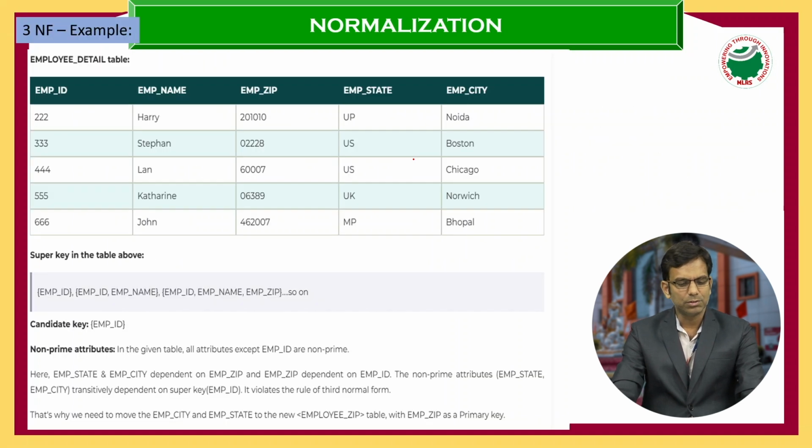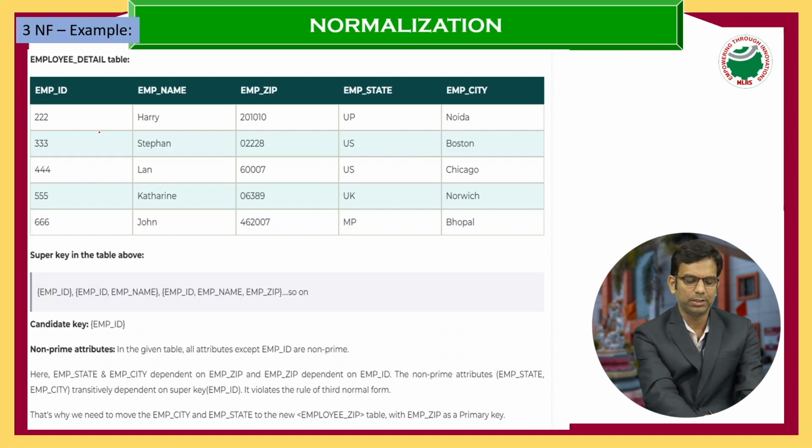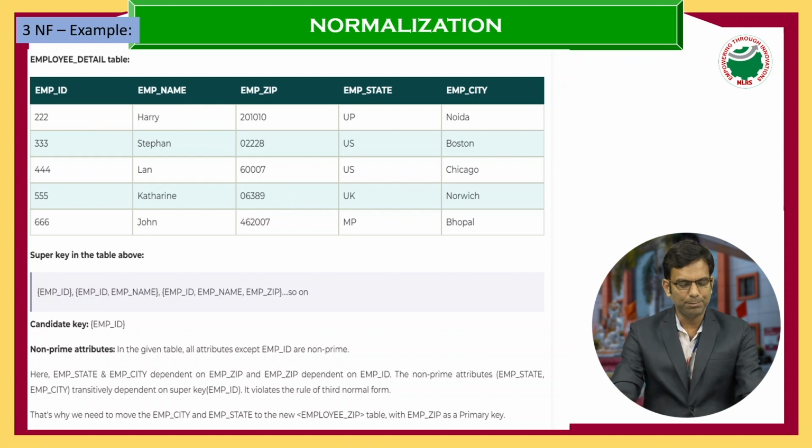If you see the example, the employee table is an example here. I have taken employee ID, employee name, employee zip code, employee state, and employee city. Here employee ID is unique, with employee IDs 222, 333, and so on, along with employee names and employee zip codes, and different employee states and cities. Now regarding the non-primary key attributes, here employee ID is a primary key, and the employee zip code is a